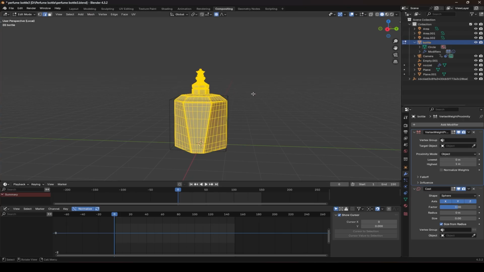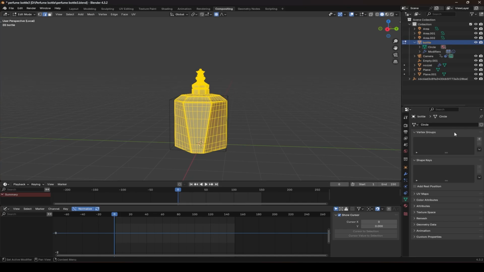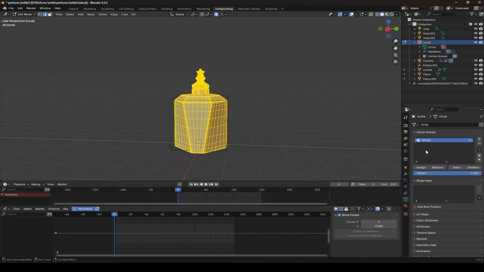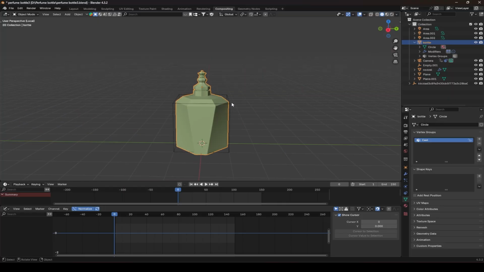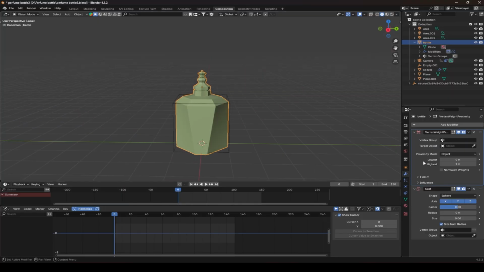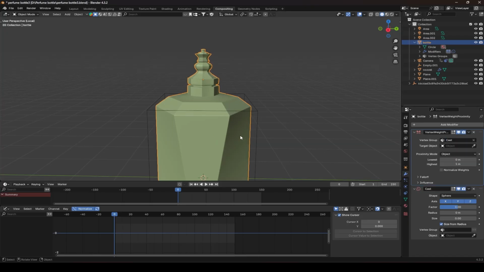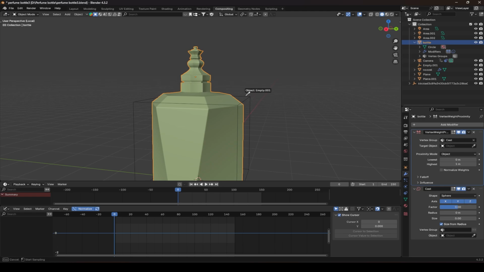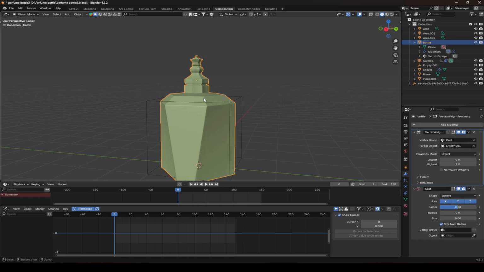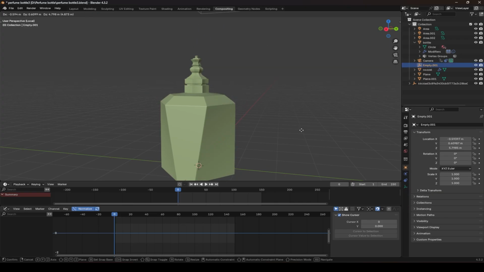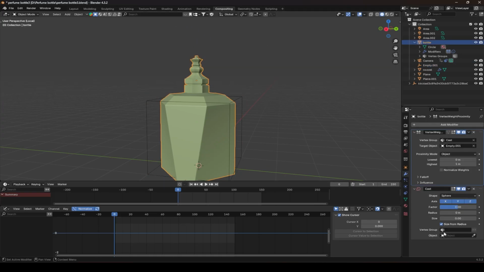You need to go into edit mode, select all the vertices, go into the vertex group section over here, click on add, name it Cast, and assign everything to it. Now back in object mode, you need to go into your modifier, and here you can select which vertices you want to affect with the proximity, and the object which affects the vertices is my empty. Okay, but you see nothing happens over here. Why? Because I need to set my Cast modifier as well. I need to add my Cast vertex group over here in my Cast modifier,